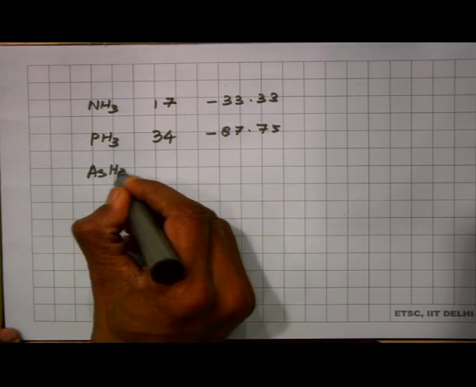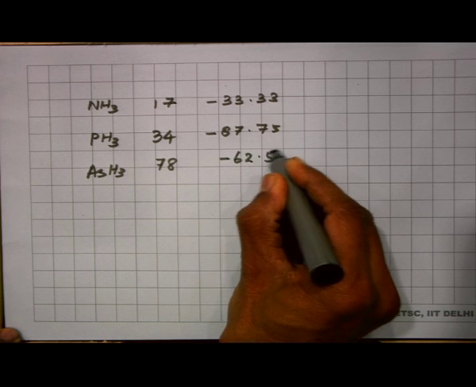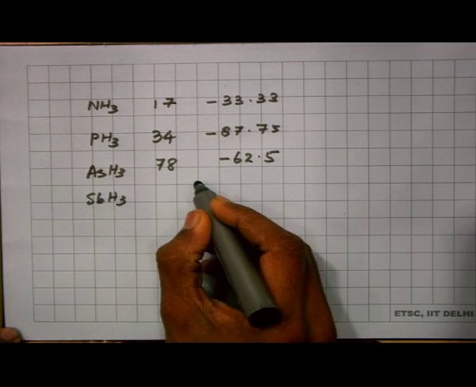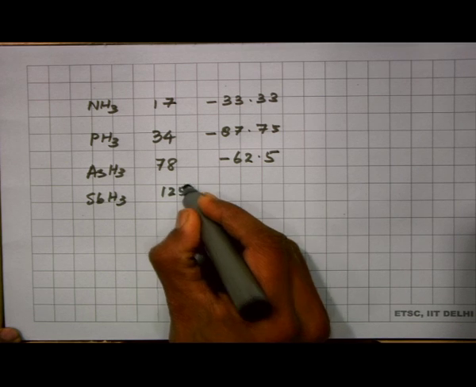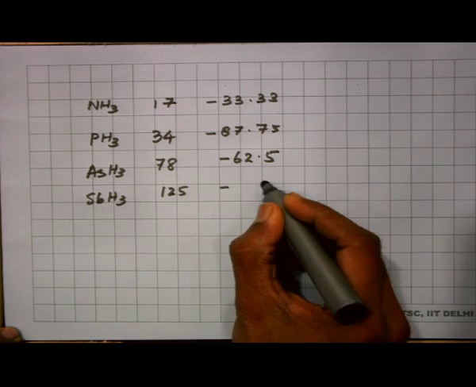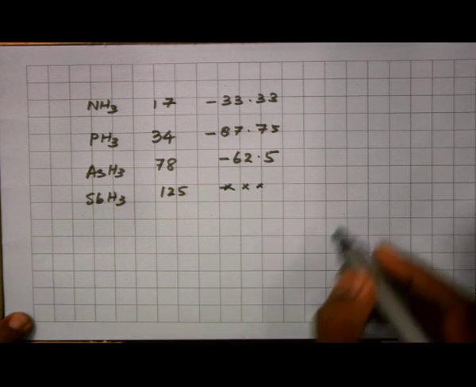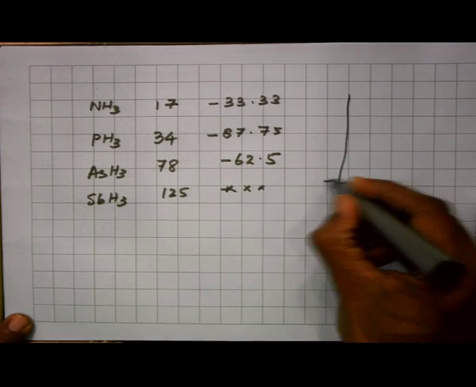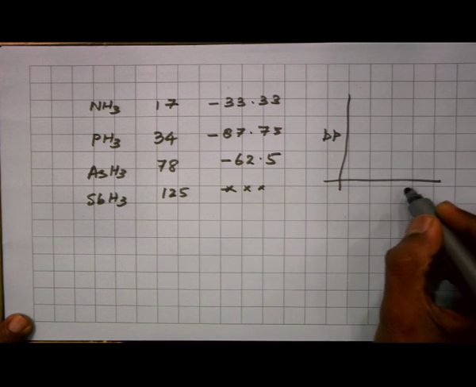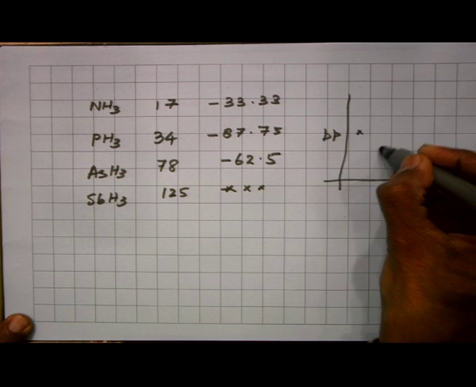Arsine, the molecular mass close to 78, minus 62.5, and stibine with 125 as a value which is higher than this, but I think I have made a mistake in my notes. So, I will leave this for now, but its value is higher. So, if you plotted this boiling point as a function of molar mass, this goes like this,